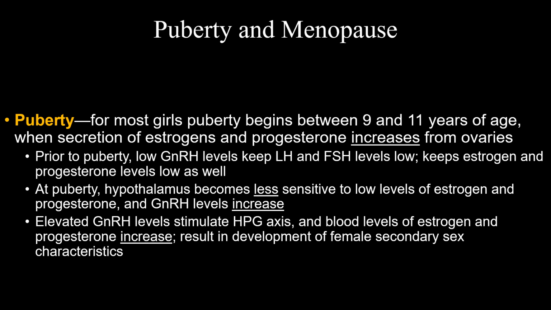Now, for girls, the first sign of puberty tends to be budding breasts, and this is followed by the development of female secondary sex characteristics, those features that are associated with identifying someone as female and are induced in non-reproductive organs by the female hormones, especially estrogens. These characteristics include